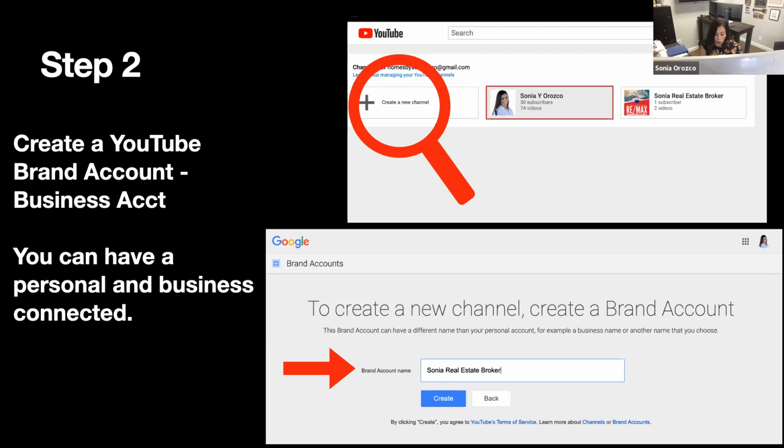With the personal YouTube account, you will be the only person who can manage your channel. Your channel will also have the same name as your Google account, meaning you can't use your brand name. So if your Google account is your name, then that's going to be the name of your channel. That's not ideal. You want it to be named whatever it is that you're branding yourself as.